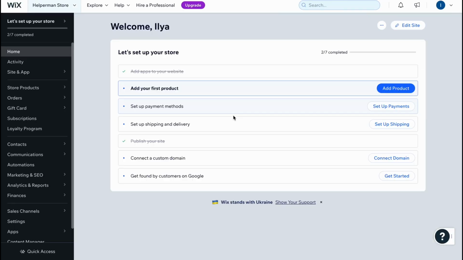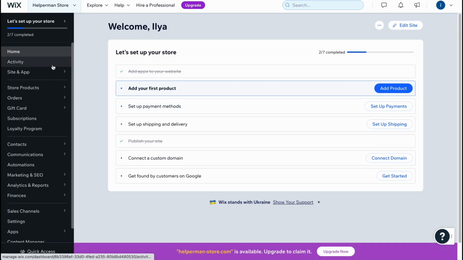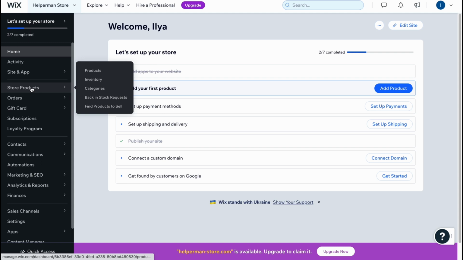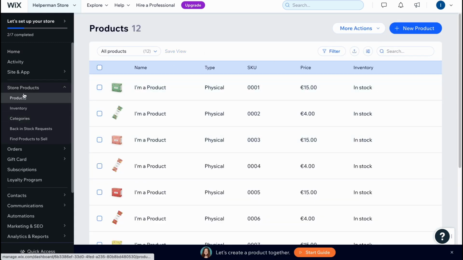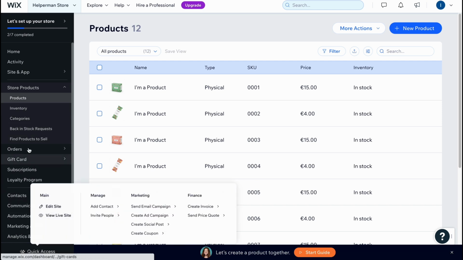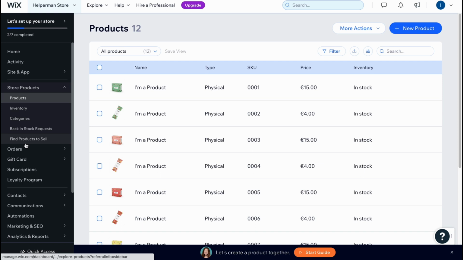In the left top corner, just click on the Wix icon. So now we are on our editing page of our managing page. Basically we can find a lot of stuff here. For example, in this case we can add some products, for example store products and products. So we can add some products here. So this is the managing panel of our store, basically. So we can add a lot of stuff and use it right here. I'll explore it in my next tutorials, but this is a way of how we can deal with Wix to